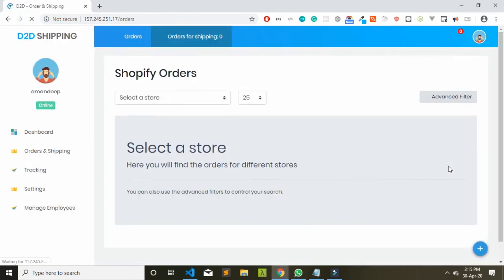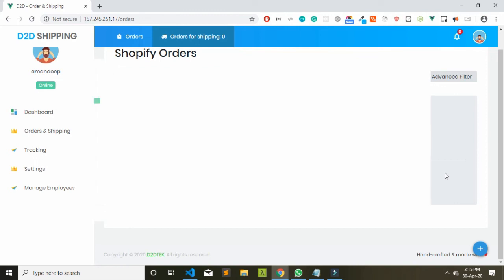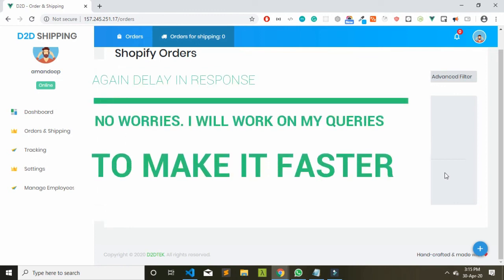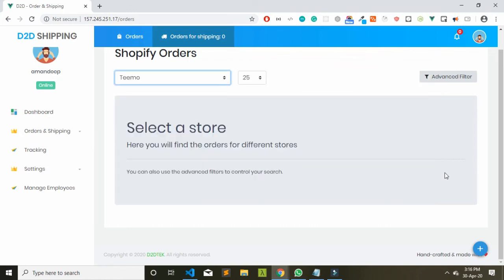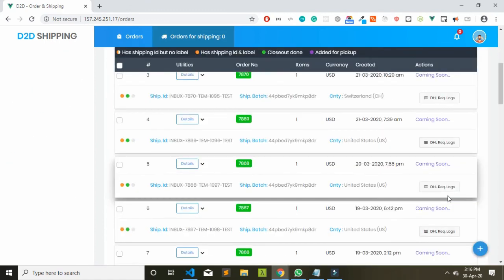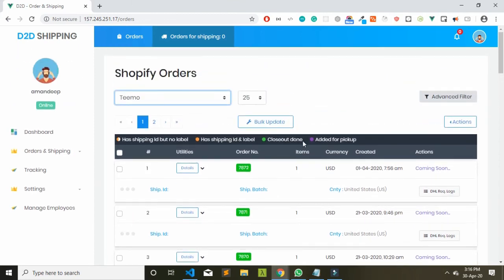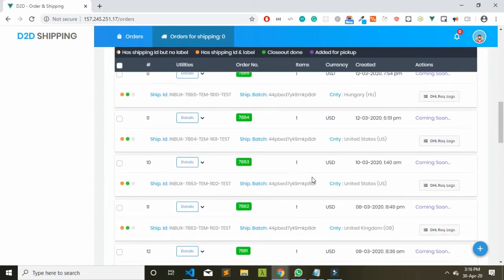But if I refresh the page now and go to Timo, again it is taking a lot of time because of the processing. You will see that this green dot has appeared over here, and that means closeout is done. So closeout was successful.